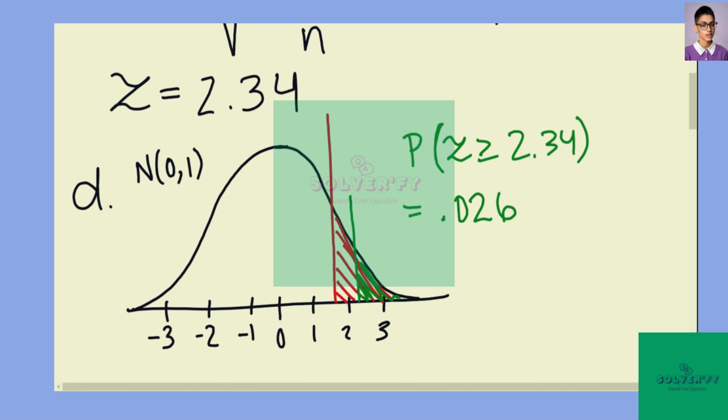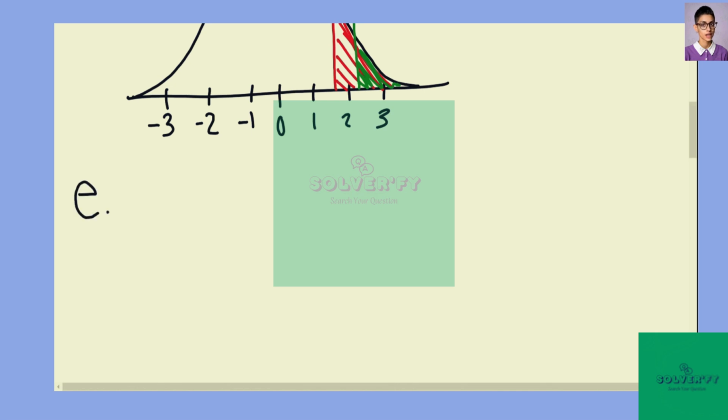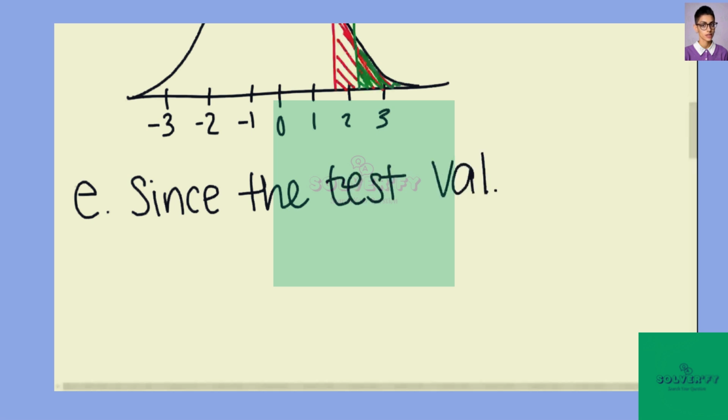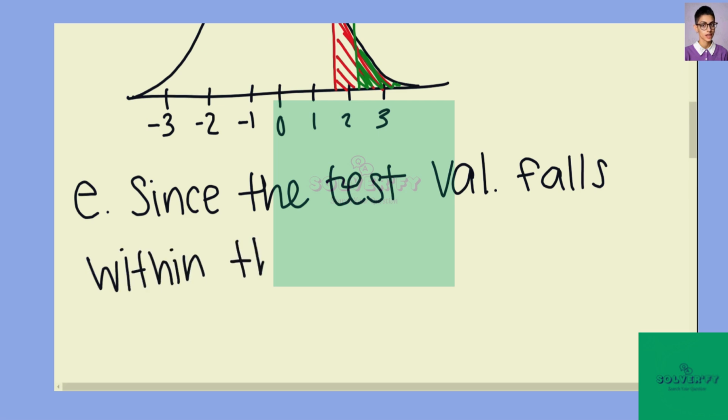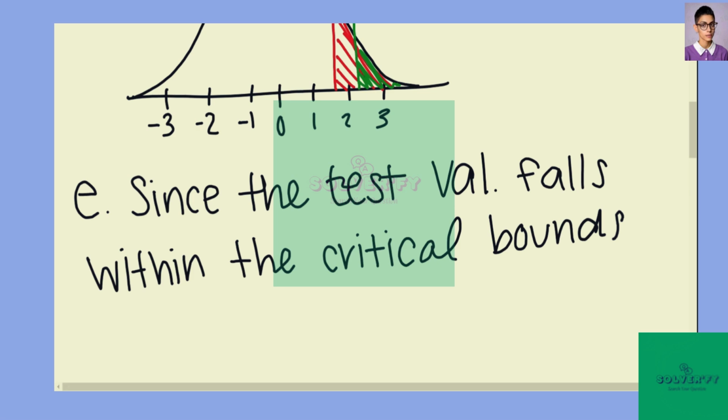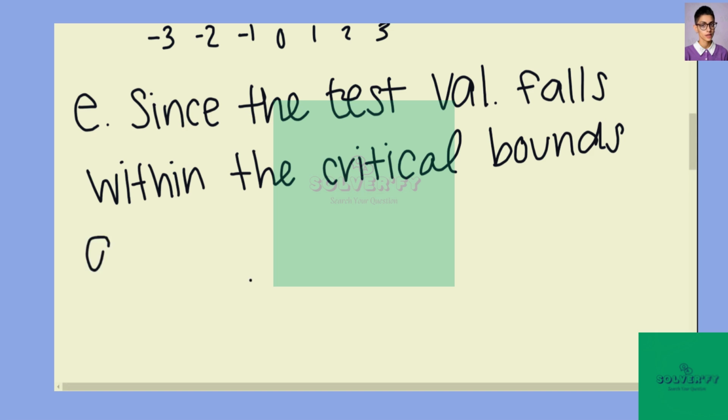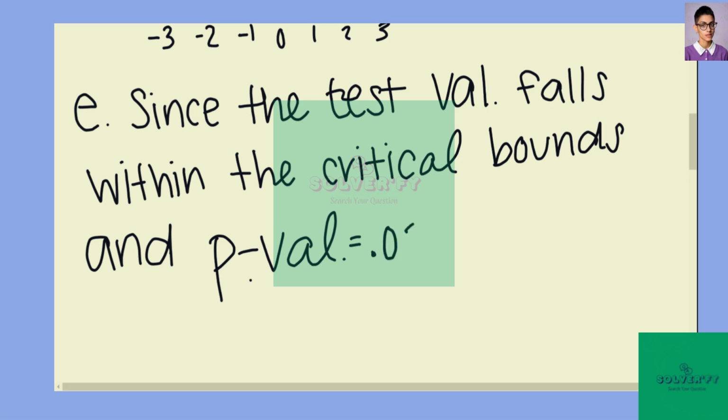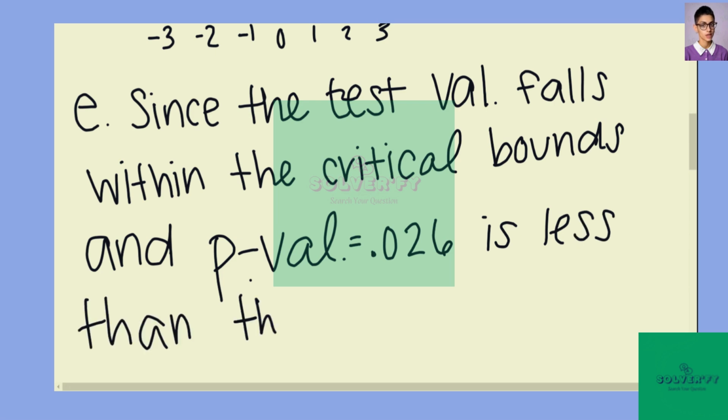So now we summarize our findings. And we can conclude that since the test value falls within the critical bounds, and since the p-value of 0.026 is less than the alpha level of 0.05, we